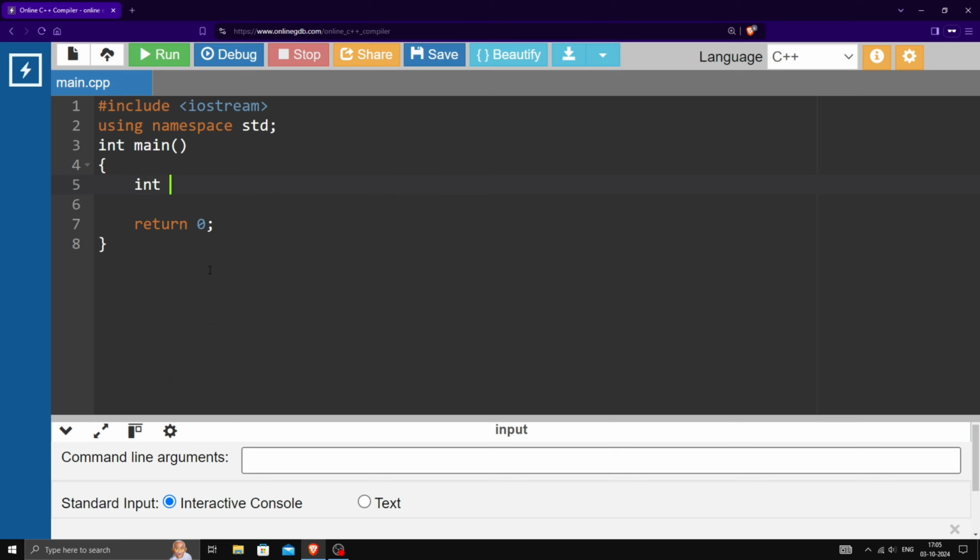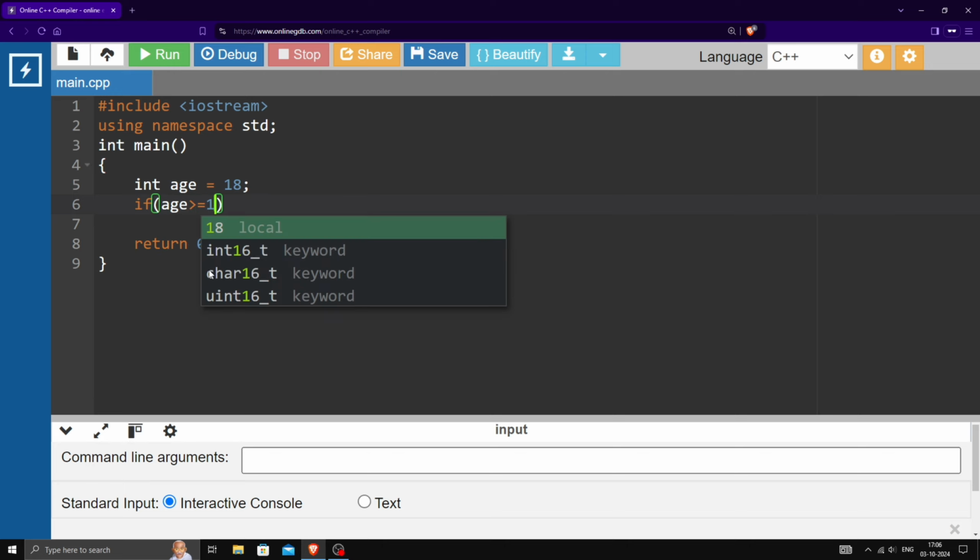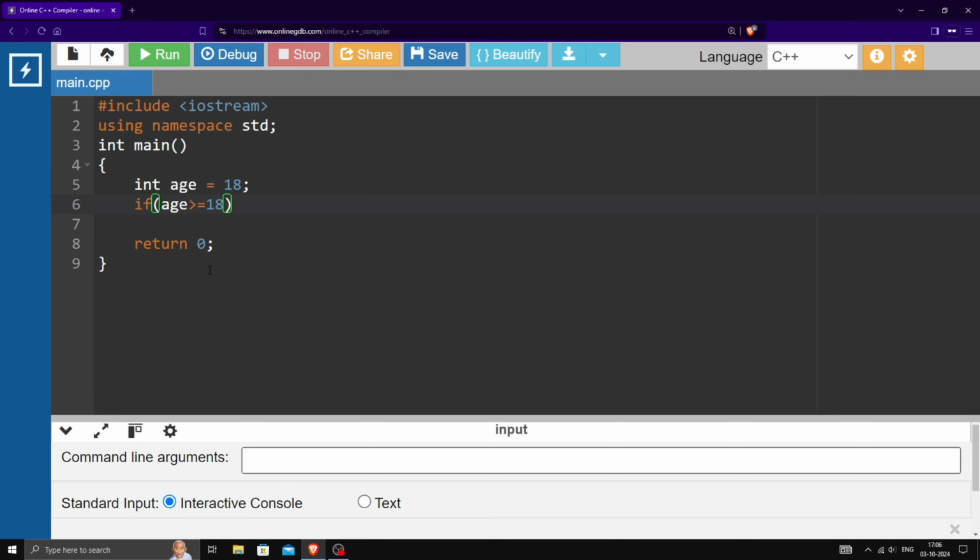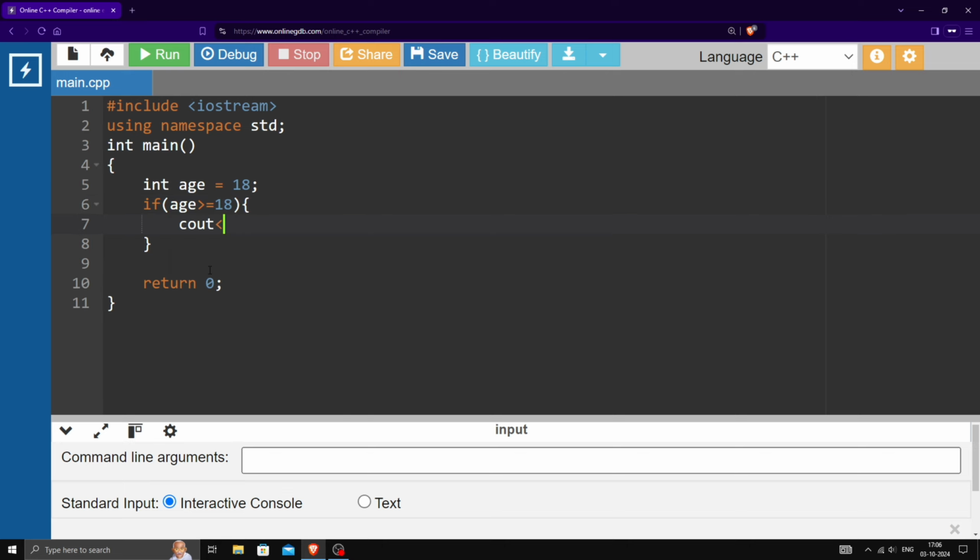To understand more clearly, I'll give you one more example. Let's run our code, and by that you will surely understand. I declared int age. Suppose my age is 18, then a semicolon, and now I will check the condition. If age is greater than or equal to 18, then print the message